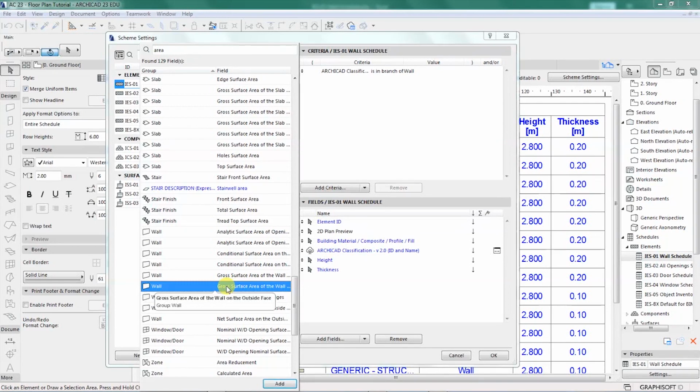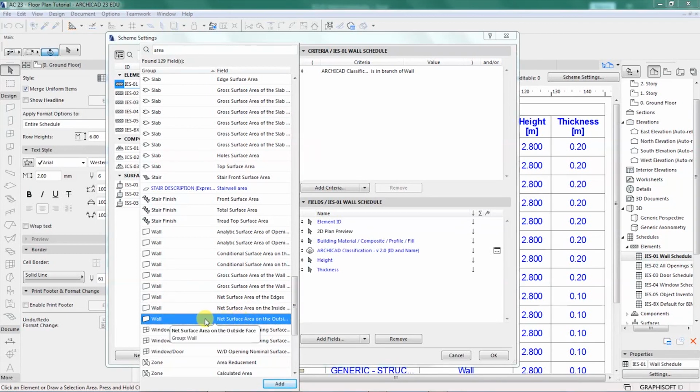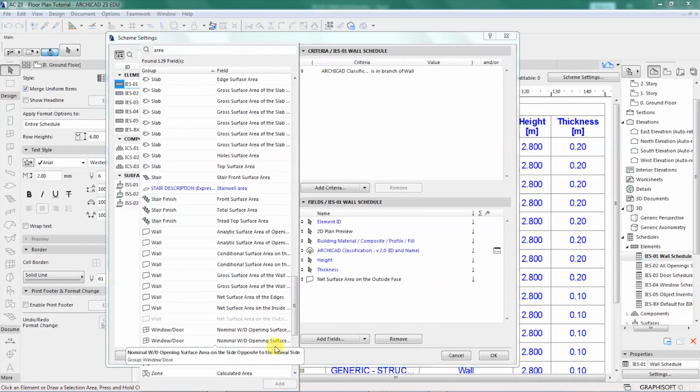That is, you have deducted the openings such as windows and doors from the wall. So this is what I want, net surface area on the outside face. Then I'll click on add,